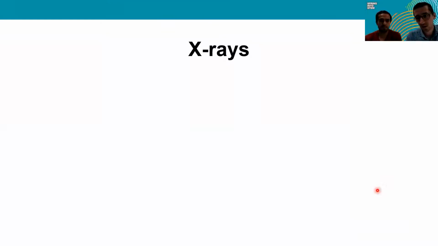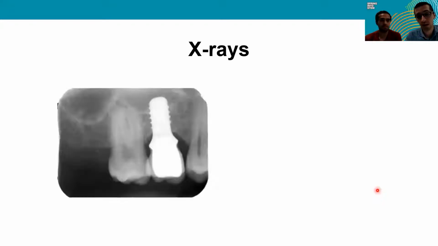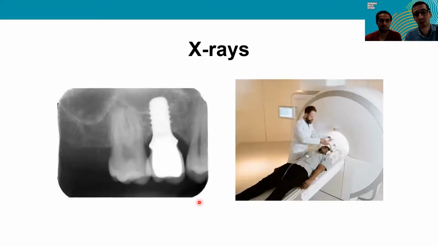Now, when I say X-rays, I think probably what comes to mind is either going to the dentist. This is in fact an image of my mouth, of my teeth and my implant. Or maybe having a CT scan, which is this big machine where you have the X-rays whirring around you, and then you get these nice images of your brain, your lungs, or whatever you need to image. So these are probably the things that come to mind. And I'd like to talk to you a little bit about how these things actually work. What's the physics behind them?